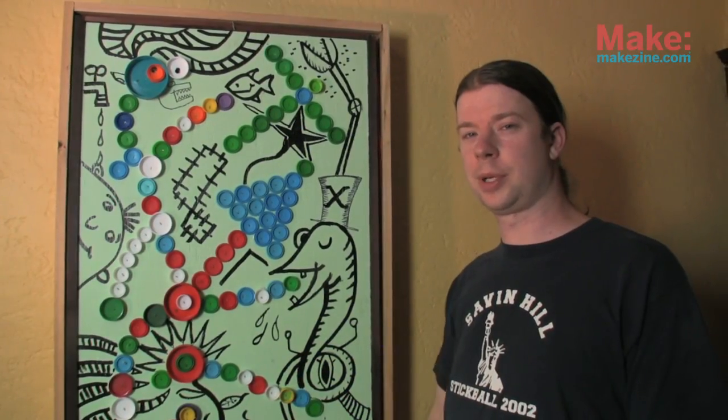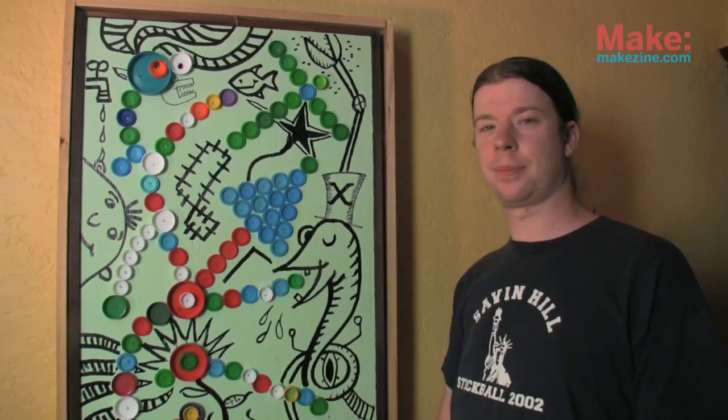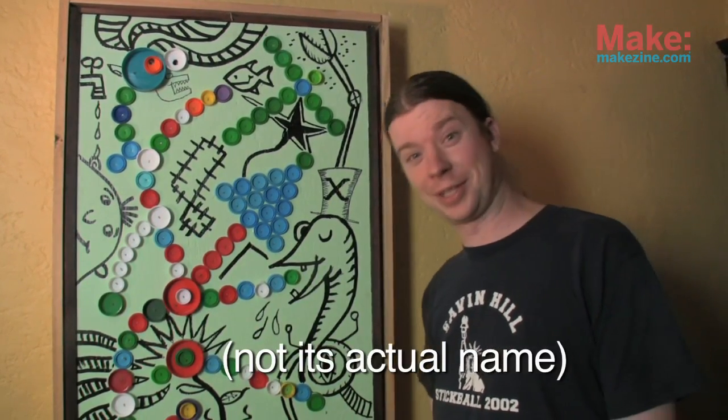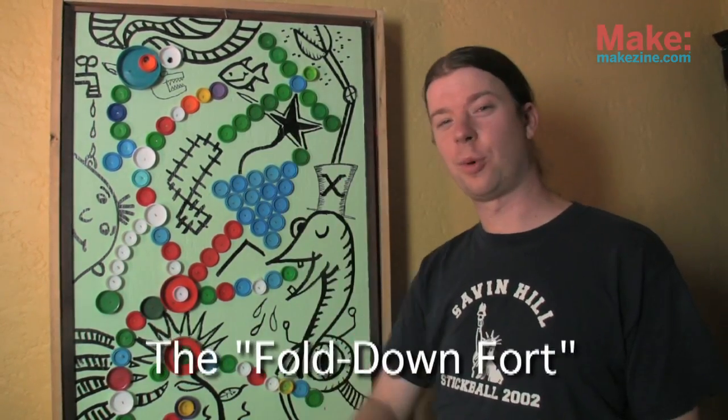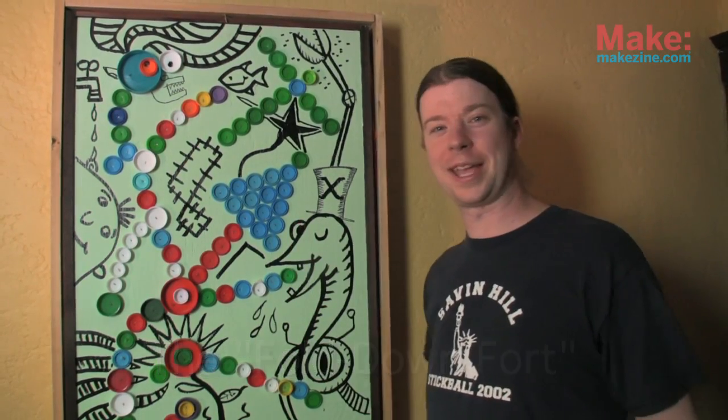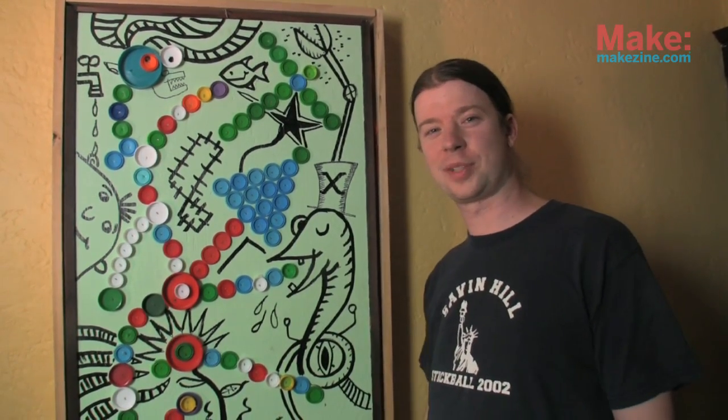Now this thingamabobical doodad doohickey thingamajig here, I could keep going, is wall art that becomes a fold down fort. It's kind of like a transformer, man. Remember the 80s when they had the Transformer cartoon? Every time they transformed they went